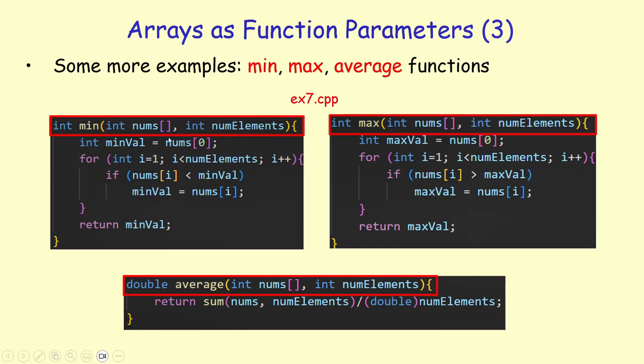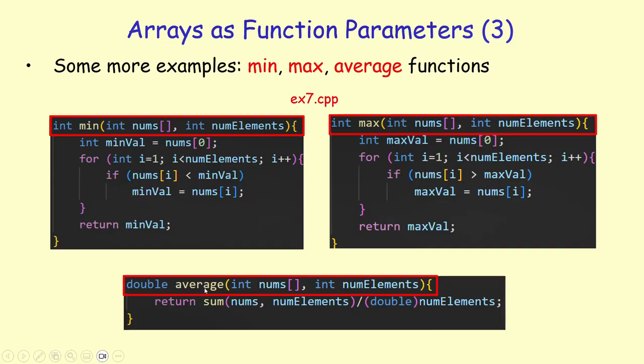The idea is very simple. Assume that the first element of the array is the minimum, then walk over the remaining elements of the array from index 1 up until num elements, not including num elements, and just compare the current element, num[i], with the minimum. If the current element is smaller than the minimum we have seen so far, update the minimum. And maximum is the same, except that this time we are updating the maximum only if the current number, num[i], is greater than the maximum seen so far.